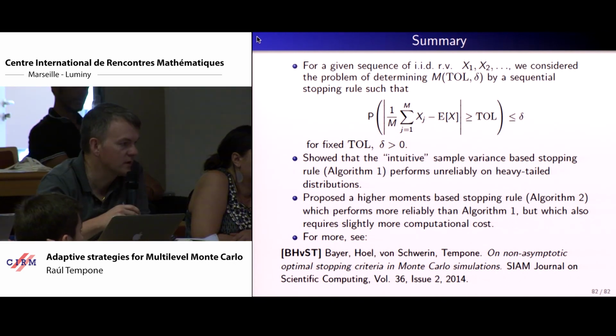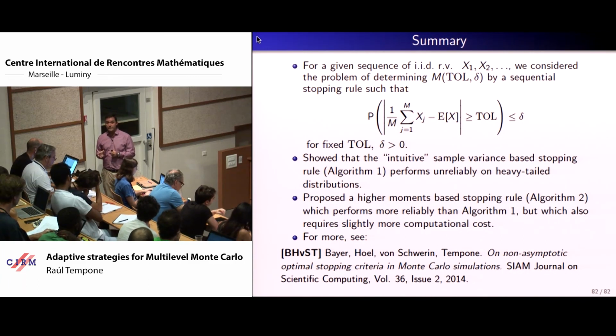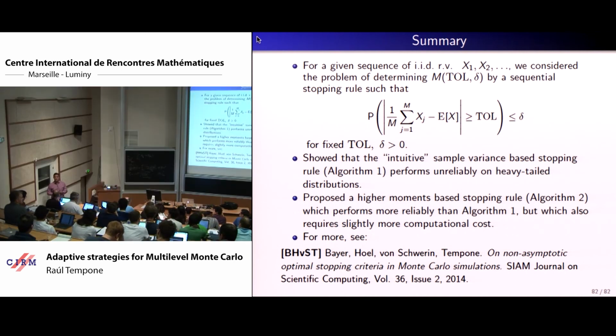concentration of measure inequalities, like we know? That's also not applicable here in the sense that for concentration of measure, at least if you use classical large deviations, you need exponential moments. These guys do not have any, right? I mean, we use them in the Chernoff bound for the tau leap, but here you don't have any exponential moments. So maybe if you have a concentration, it's too little.